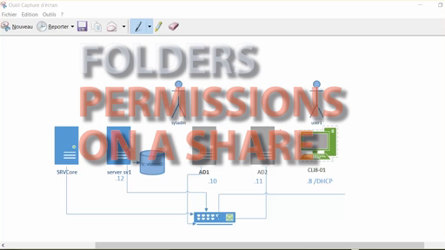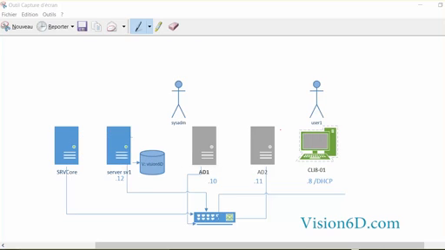Welcome! We are now going to see how we are going to add permissions to a share. We have here in the middle a share which is defined on our server SV1, which is entitled Vision 6D. This share exists, and for the moment we want to give the user some rights on accessing some part of